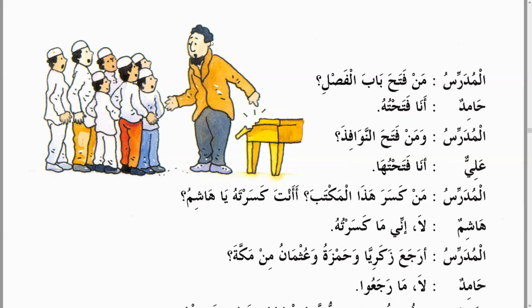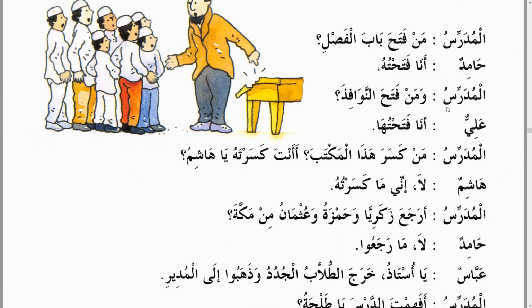So we should remember that a pronoun can be joined to a verb also, as an object, and only to a mutaaddi, only to a transitive verb, because intransitive anyways does not take an object, so we cannot join to that. Like I cannot say zahabahu, zahabahuma, zahabahum, because zahaba itself is lazim. It's not mutaaddi. But fataha is a transitive verb, so I can join the pronoun.